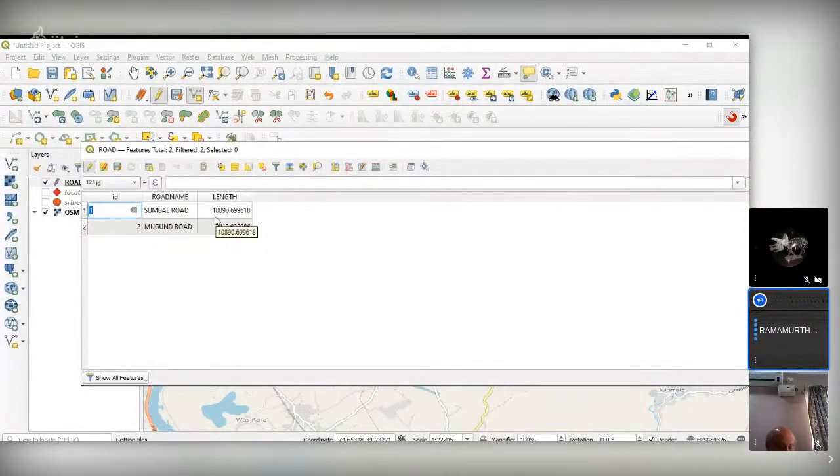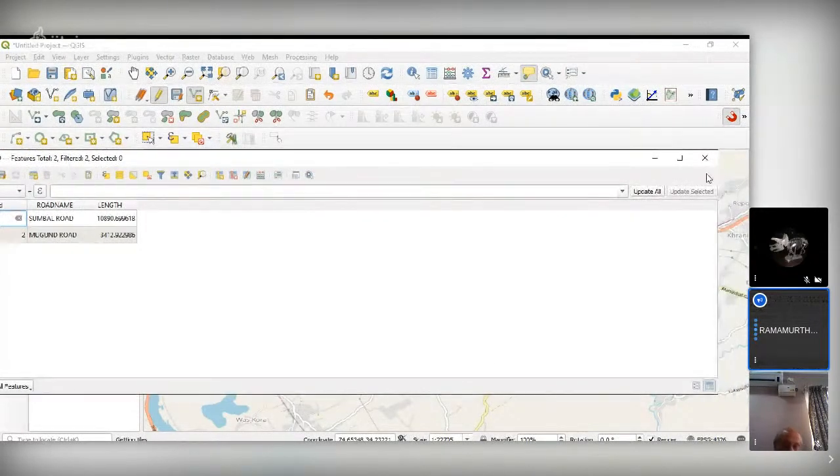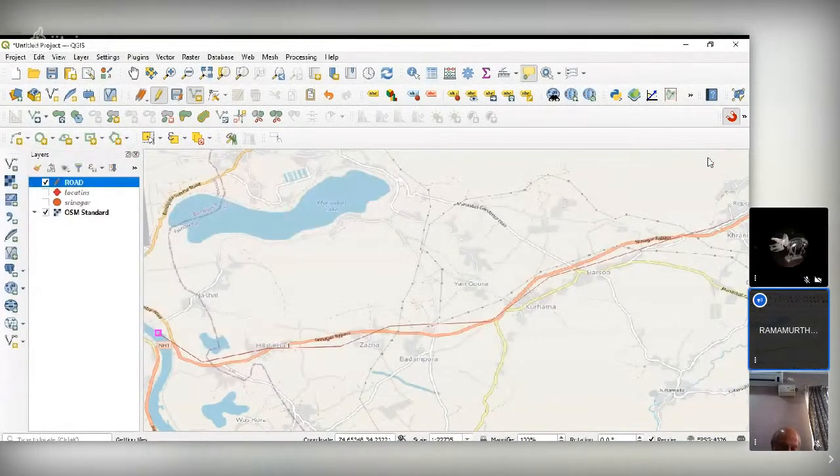So first one is around 10 kilometers, 10.890, and second is 3.412 kilometers. So this length can also be calculated automatically. So you need not measure the things.